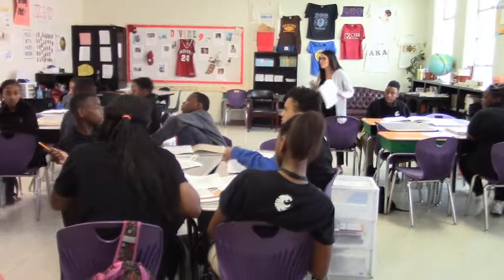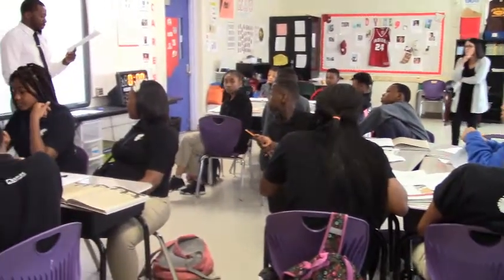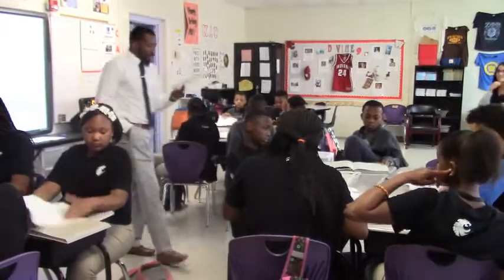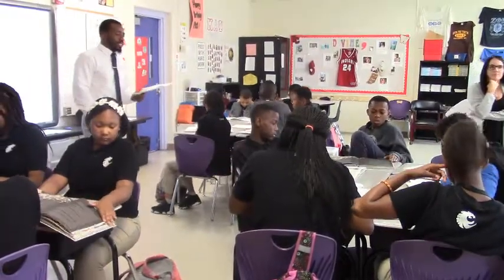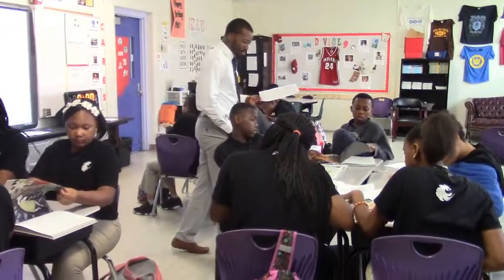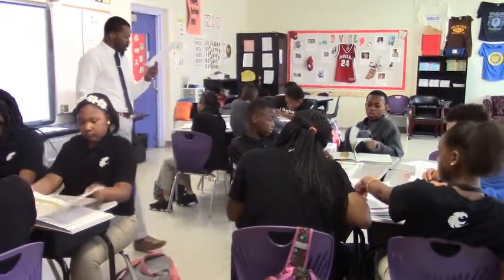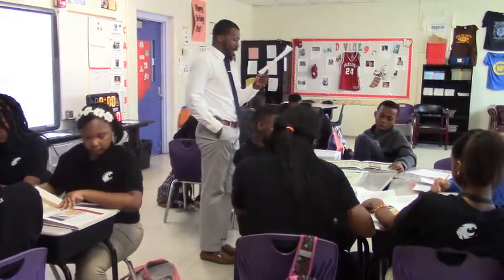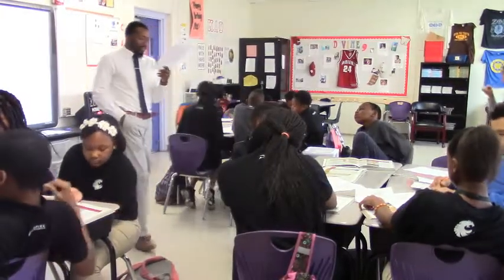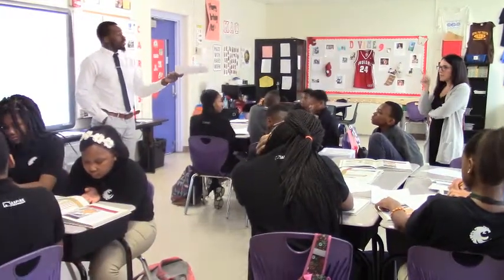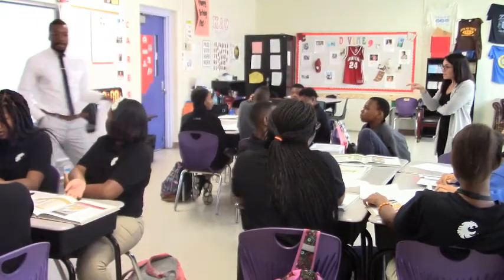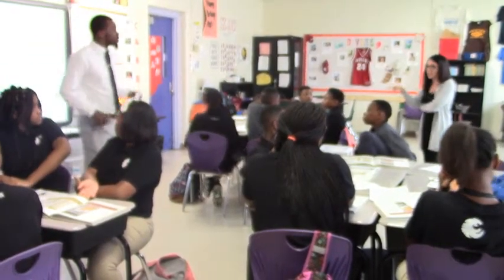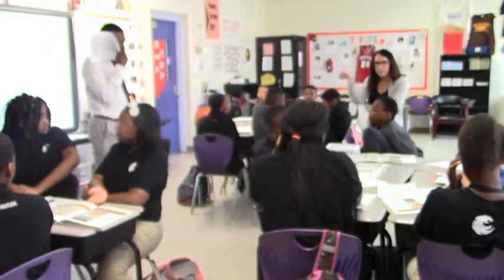He wrote, the evidence I pulled from the Odyssey to support my theme is on paragraph 102. Everybody turn to page 102. Look at y'all. Paragraph 2. He pined. Put your finger on he pined. He wrote, he pined for his home, for his wife and his son, and his own rocky island of Ithaca. And then he wrote that the stylistic choice to support it is characters' interaction. I see. So we do know that there's lots of character interactions in this text, and some of the people in the group did that. But we didn't talk about this one. But that's not an interaction.